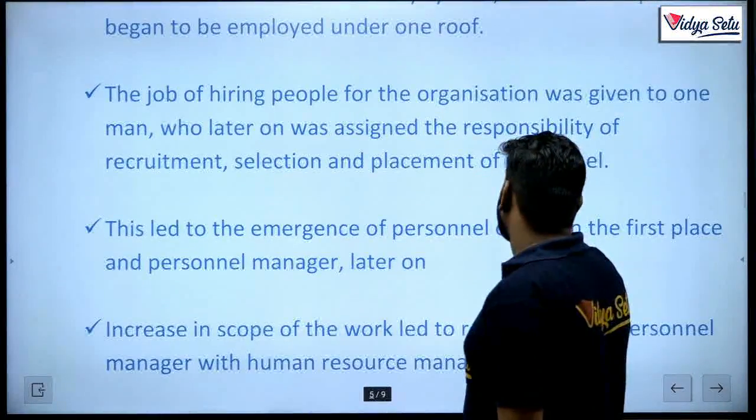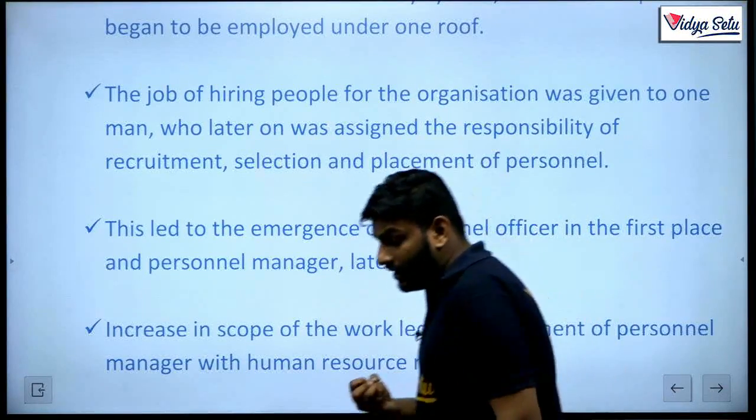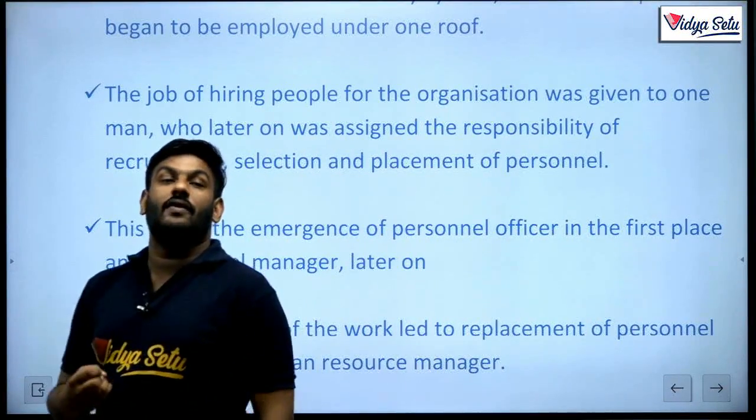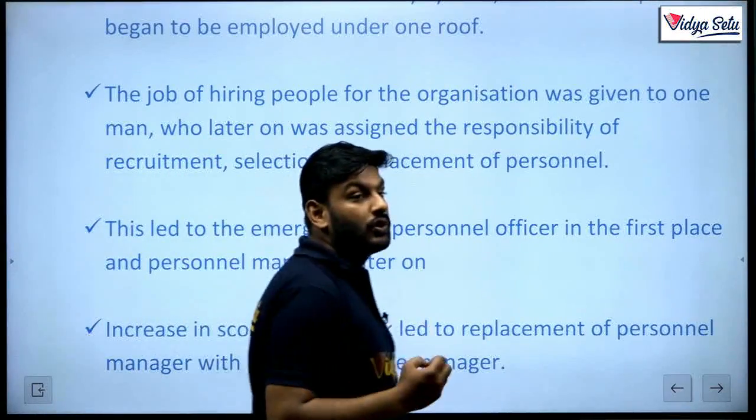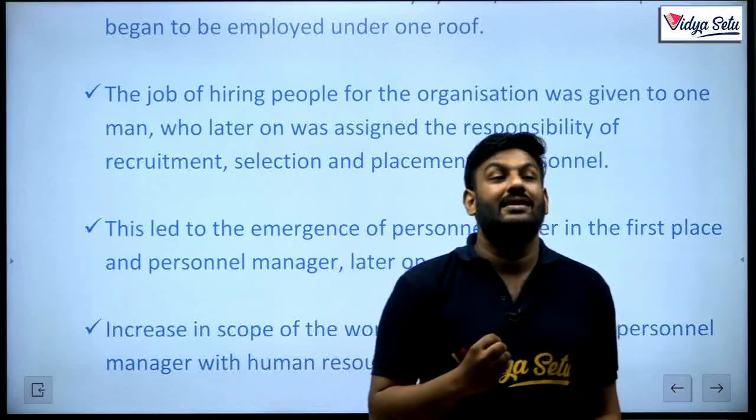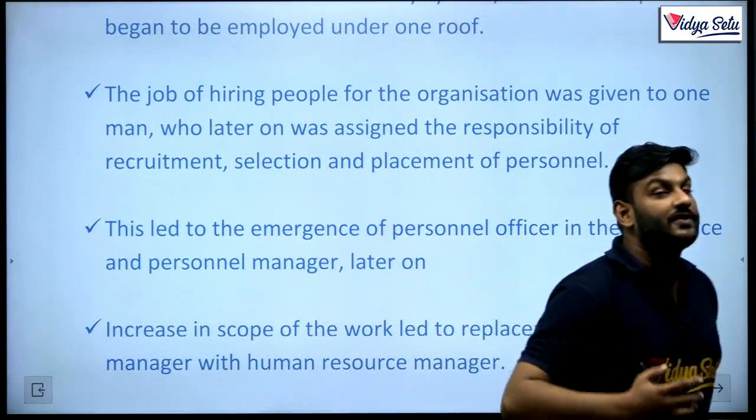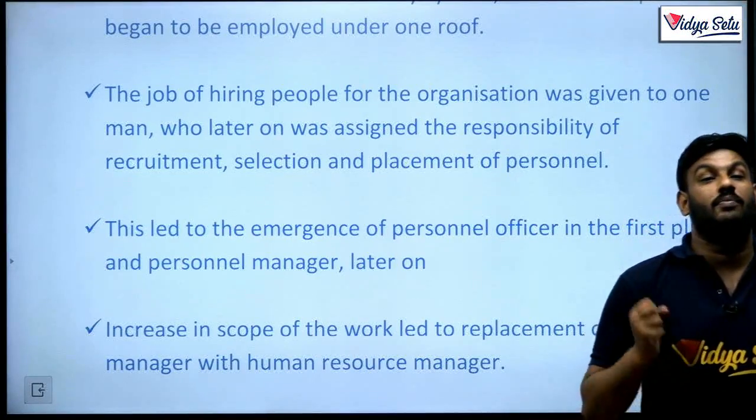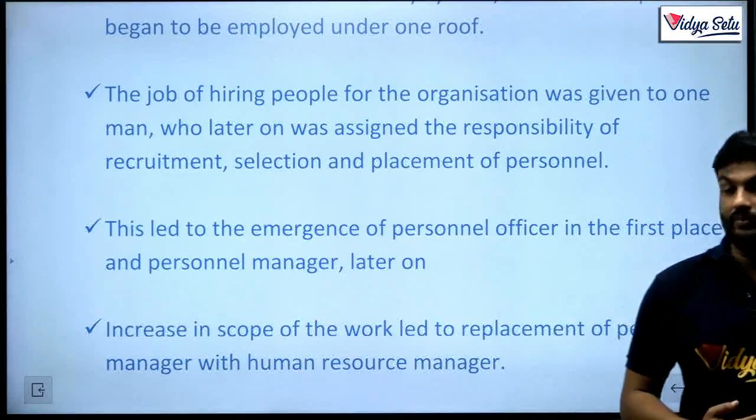The job of hiring people for the organization was given to one man. Generally, initially, in the case of any form of business organization, the person who is going to hire the employees is one person. But whenever your business is going to be expanded, that particular person becomes a whole department, becomes a committee of your organization,